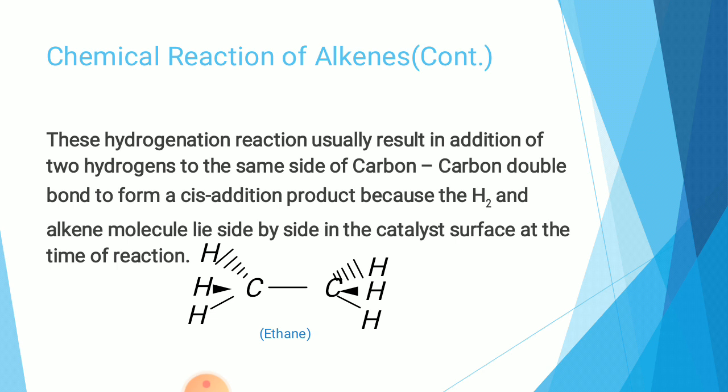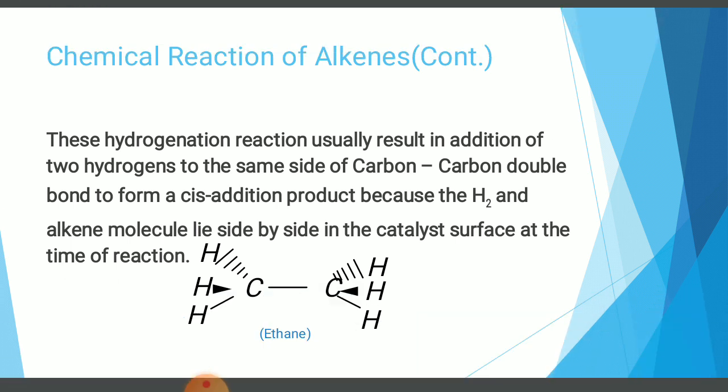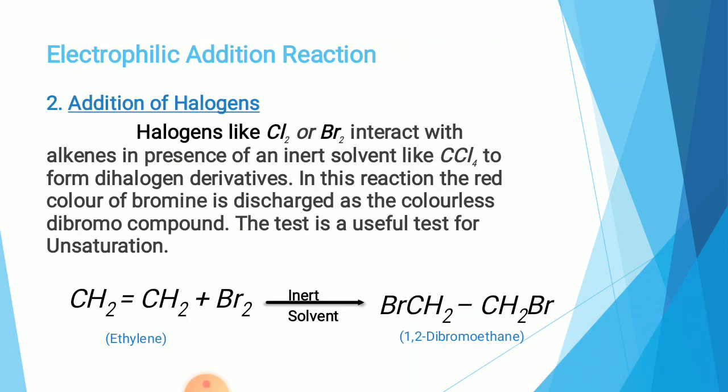So here the hydrogen is absorbed on the metal surface along with alkene molecules. When a hydrogen molecule and an alkene molecule lie next to each other, their closeness and the weakening of their bonding permit a rearrangement of electrons to form new bonds. And finally we are getting the compound, that is propane. So this is about the first reaction, that is addition of hydrogen or catalytic hydrogenation reaction.